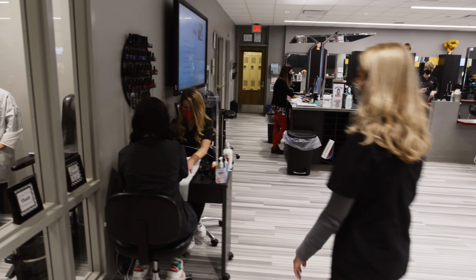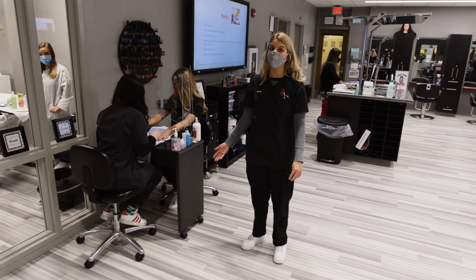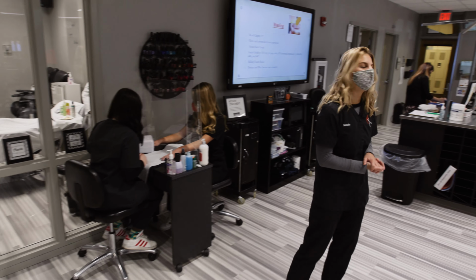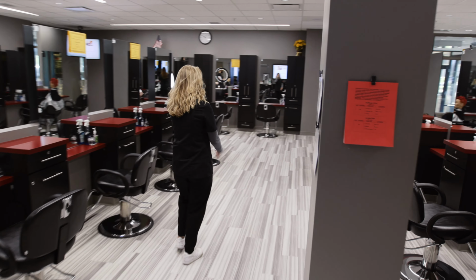And here we have Kylie performing a Shellac Manicure on Maddie. Shellac manicures are one of our most popular, but not the only manicures that we offer here at the Career Center. And the next place we're going to go to is Haley, demonstrating our hair color,